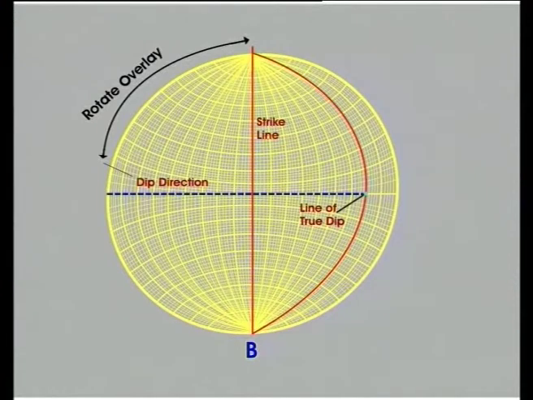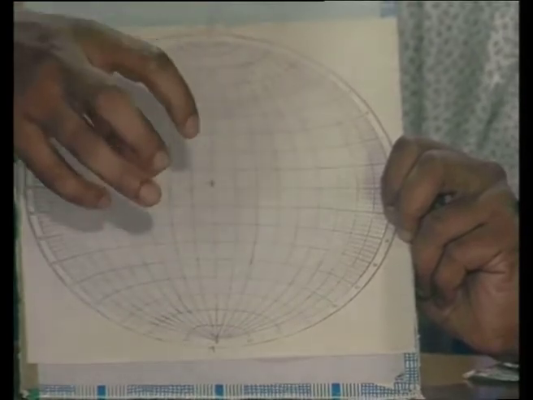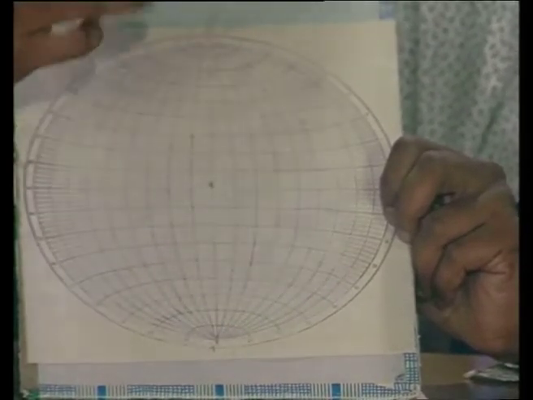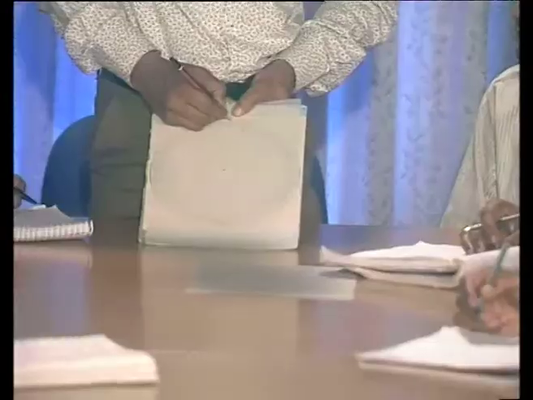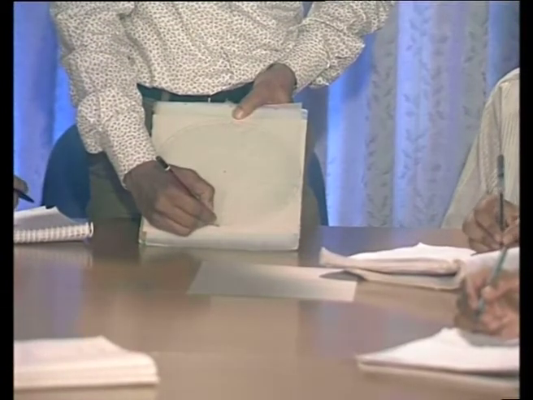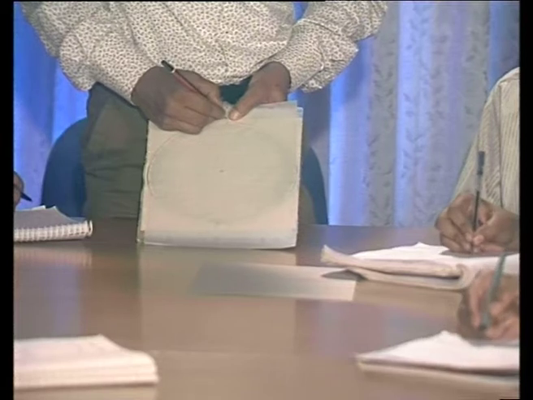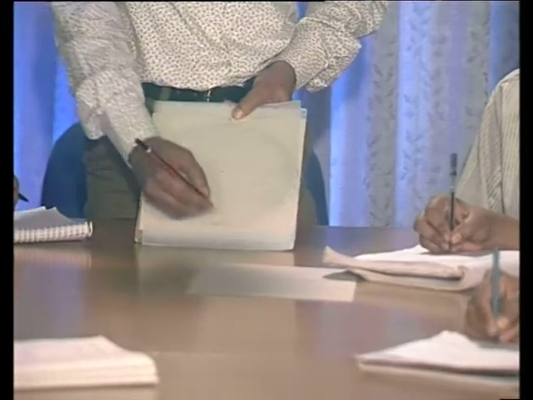Now, if we draw on a circle all these planes, preferably at a regular interval of 2 degrees, then we can draw the stereographic projection of any plane on a piece of tracing paper or transparent paper placed on this grid. We will simply rotate the tracing paper so that the given direction of strike coincides with the north and south of the stereographic net, and measure out the amount of dip from the periphery towards the center in the direction in which the plane dips.